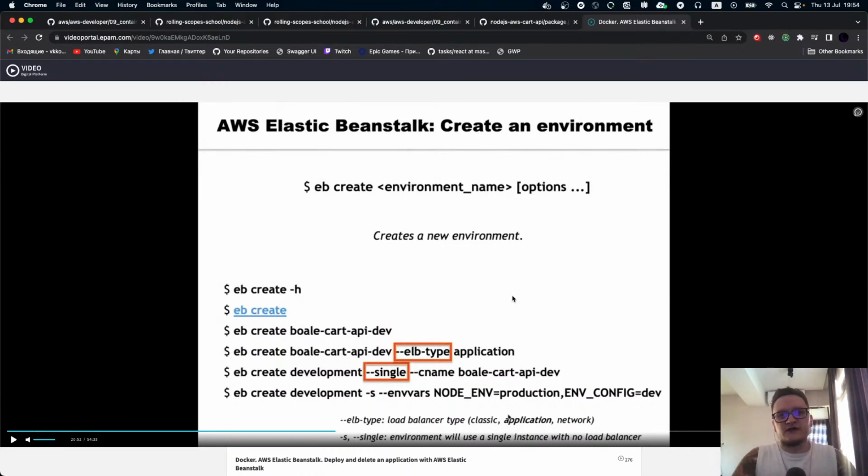And also it will help you if you have multiple instances. It will help you to spread all the requests between your instances. And single means that you don't need a load balancer. You will just have a single instance and let's go.